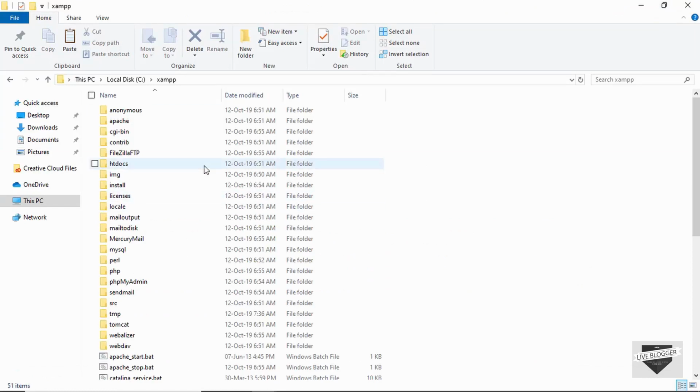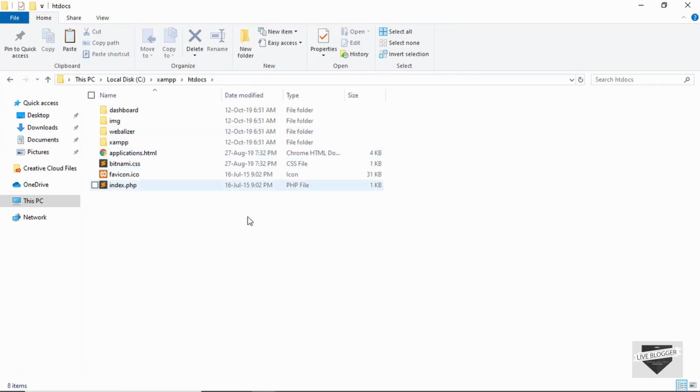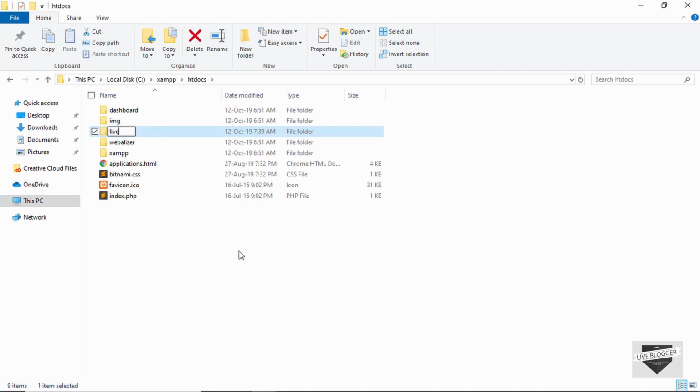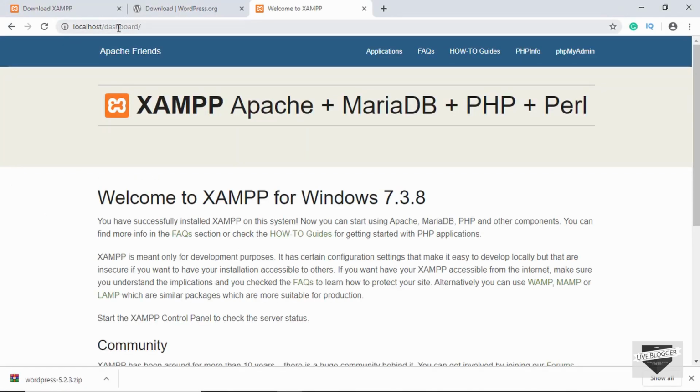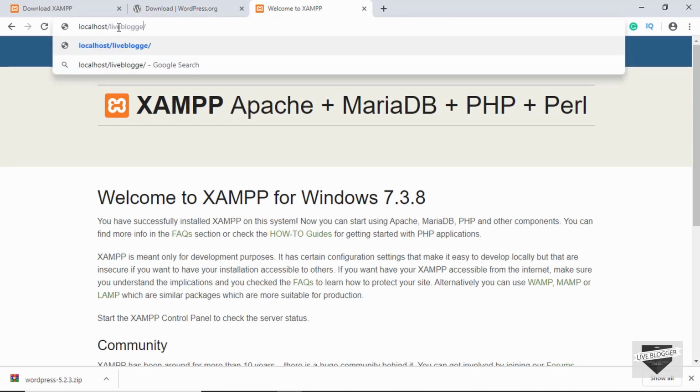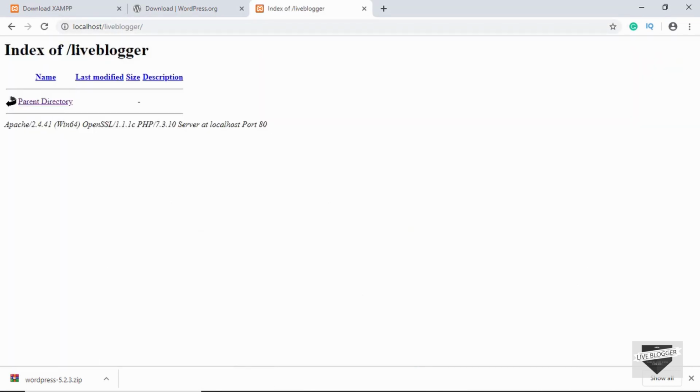Now go back to the XAMPP folder and open the htdocs folder. And this is where we keep all our projects in XAMPP. So let's go ahead and create a new folder and we will name it Live Blogger. And now if you go over here and type localhost/liveblogger, here we can see it has opened the liveblogger directory, and we don't have any